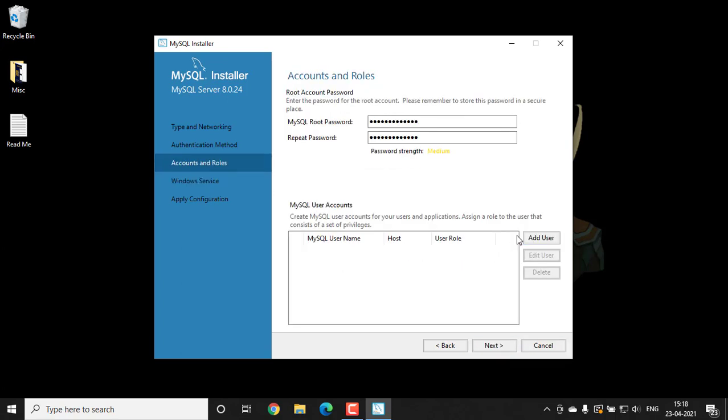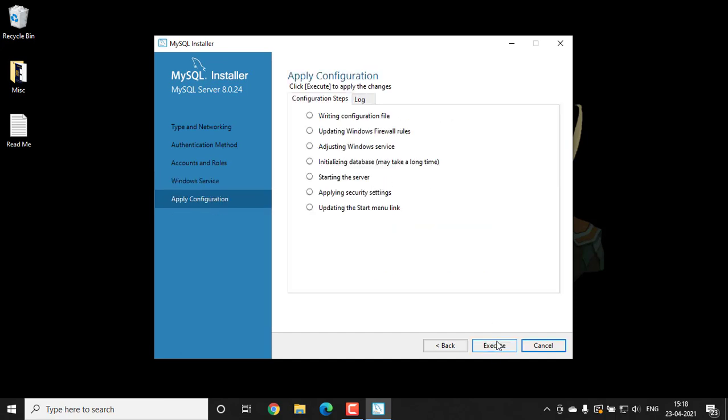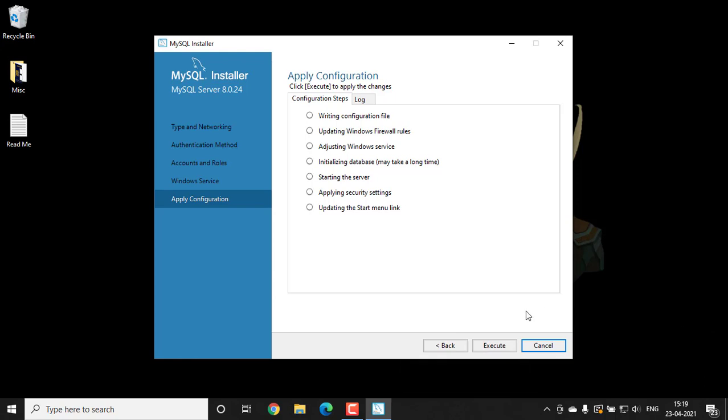Here you have the option to add user, but I'll use root option, so click next. Now click on next. This is apply configuration. Click on execute button.